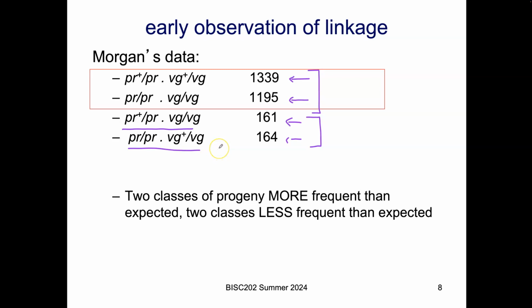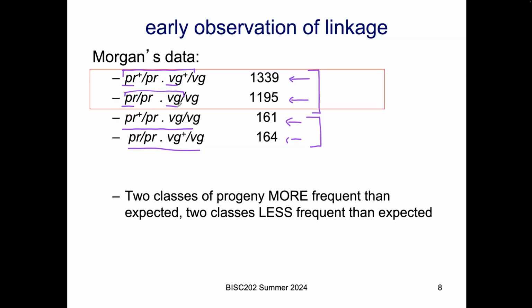And they're paired in a very important way. So this category has the two dominant alleles, and this one has the two recessive alleles. We call these reciprocal classes because we have a dominant and a recessive allele for each of these genes coming from that heterozygous parent. And if you pass on the two dominants in one gamete, the other gamete should have